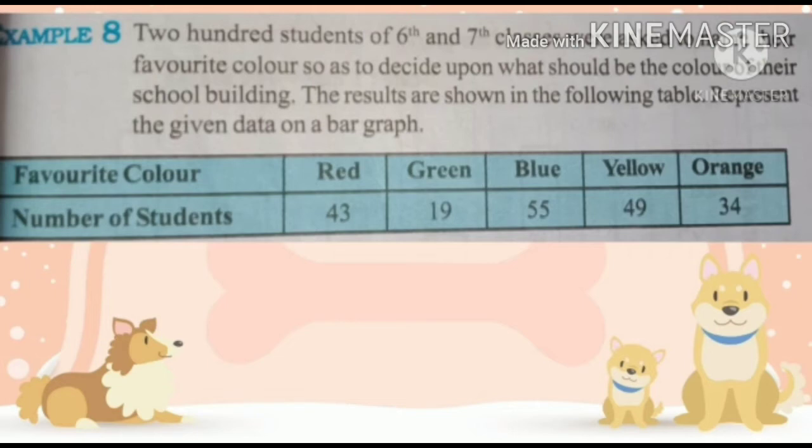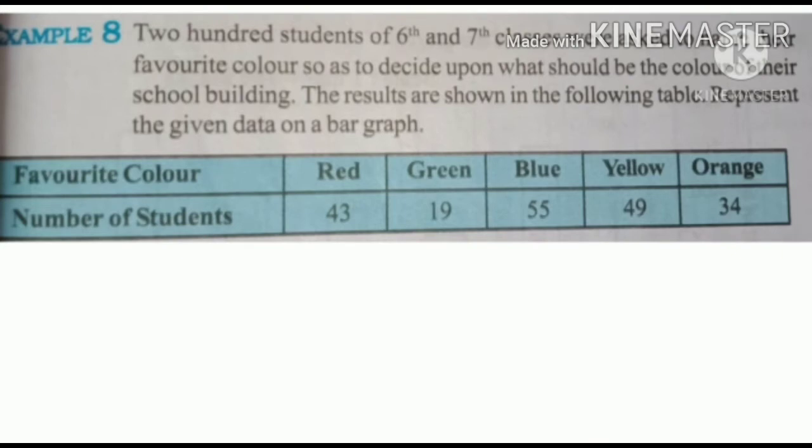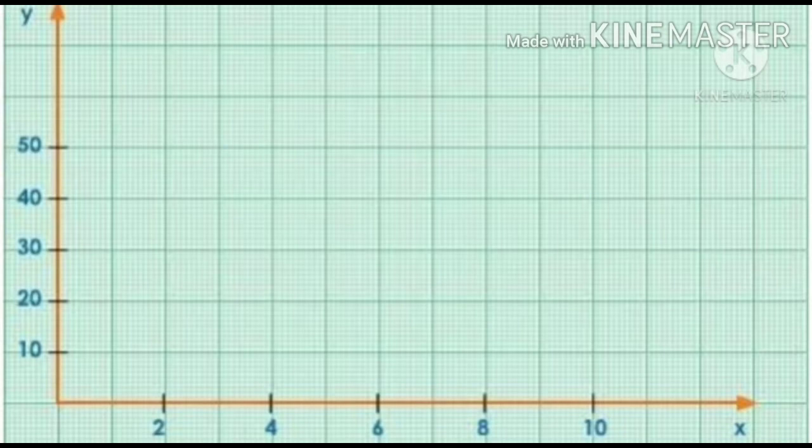The number of students and their favorite color is the data that we need to organize. So, draw X and Y axis. This will look like a large L shape. Label the X-axis at the bottom and give it a label. Here it is. The label is colors. Label the Y-axis. Here it is. The label is number of students.